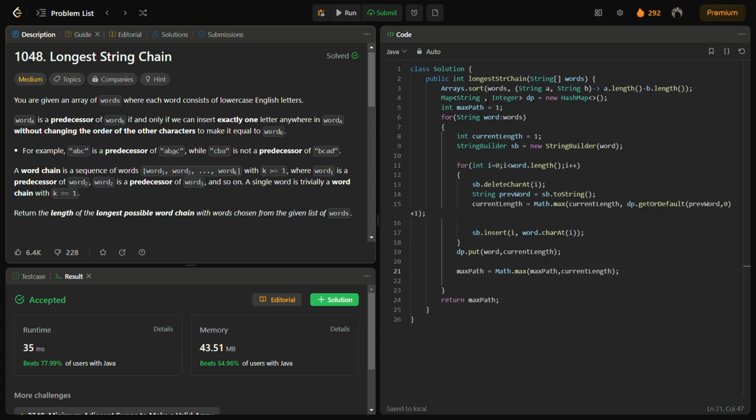this is the solution. The first step is sorting the words array by length, because we want the length to be the smallest while iterating. Next, we have a map with a string and an integer as the key-value pairs. This is basically a DP or a hash map to store the word to length relationships. Next is the max path. We have set the max path to 1 because we want to initialize the maximum path length to 1, that is a single word. Now we'll iterate through the words given in the words array,